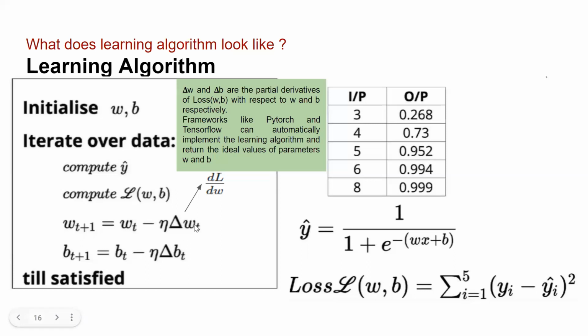Now we will see how this delta w is getting equal to dL by dw. But even if you don't understand how this delta w is becoming equal to dL by dw, it is fine. Nobody is expecting you to code this. The frameworks we will be using, PyTorch, TensorFlow, or Keras, all have an inbuilt mechanism for doing this for us. But this is the learning algorithm we have in the case of the sigmoid neuron.